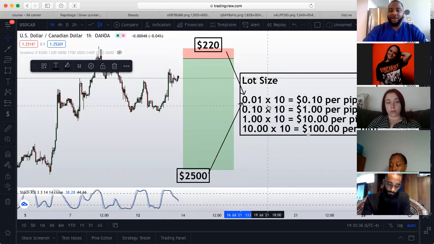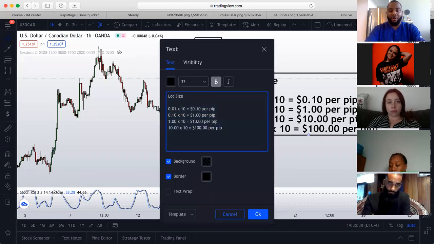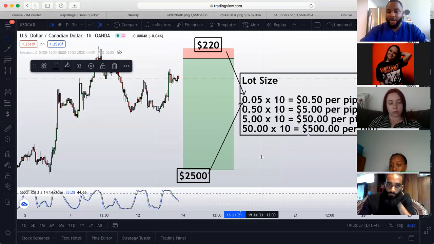Same thing applies, guys, if it's even 0.05 times 10, it's 50 cents per pip, okay? 0.50, it's $5 per pip. 5.00, it's $50 per pip, and 50.00 is $500 per pip, okay? Same thing applies. You're always going to multiply by 10, and that's how you're going to determine your lot size,